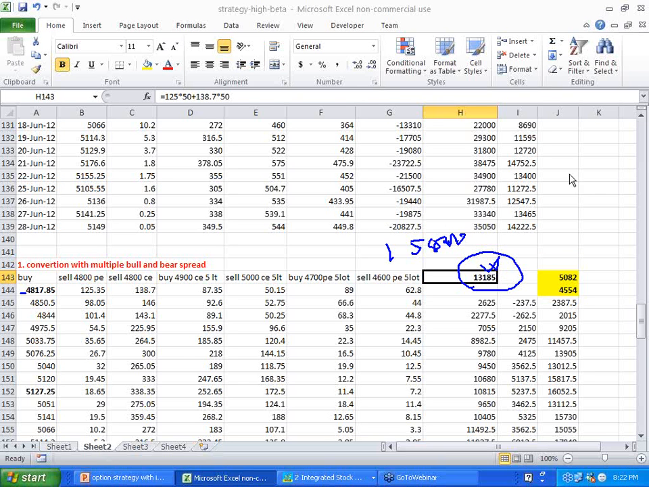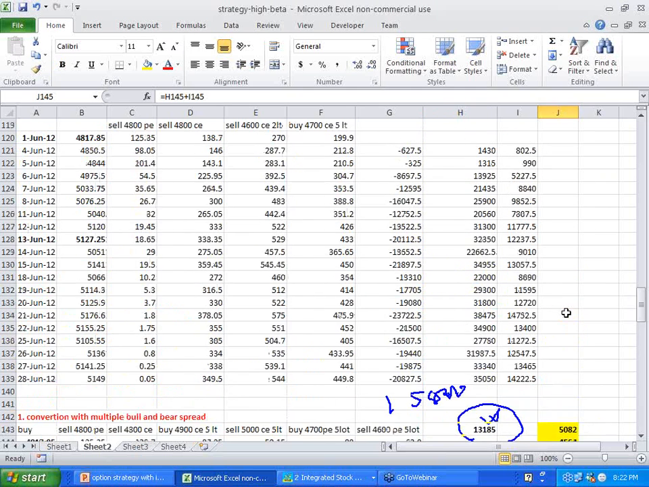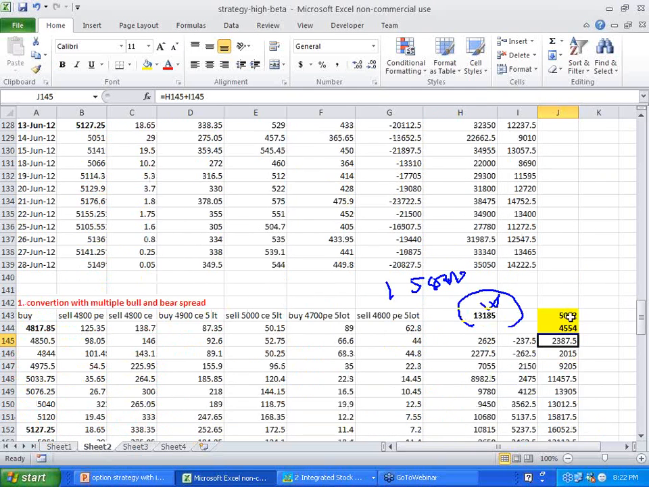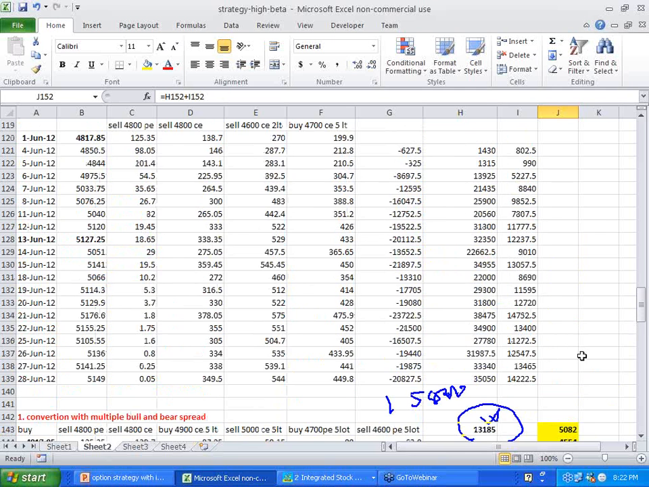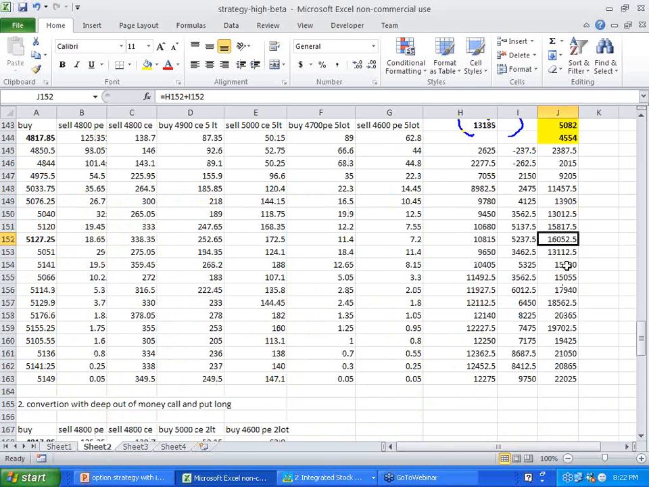We formed this strategy. See, this is the 1st June till the 28th June. Every day's record I have taken. On the 4th June, which is the following trading day, we have got a net profit of 2,382. By this process, the profit has touched the 16,000 level at 5127 level, which is on the 13th June. Then it has gone to 18,527 when the Nifty was at 5129 level, and the end of the